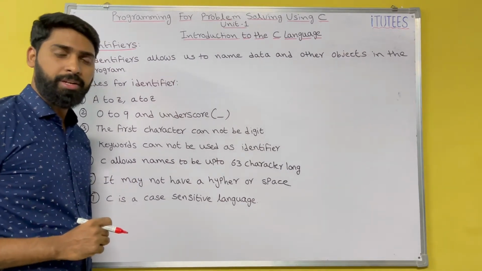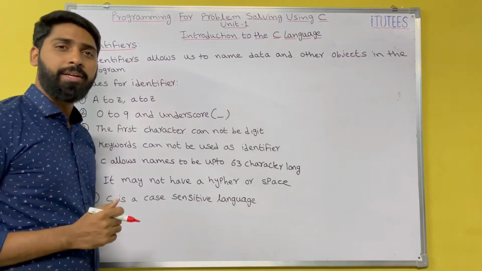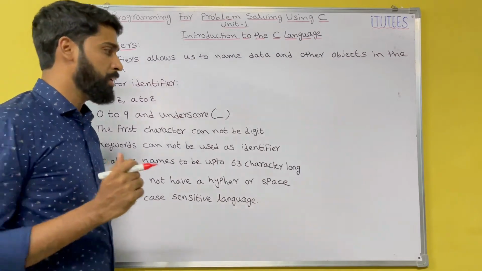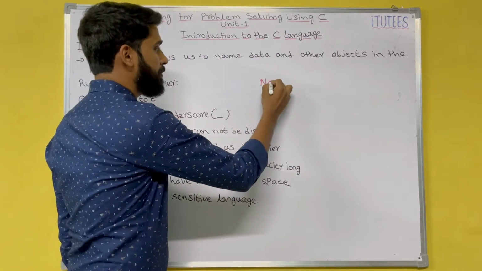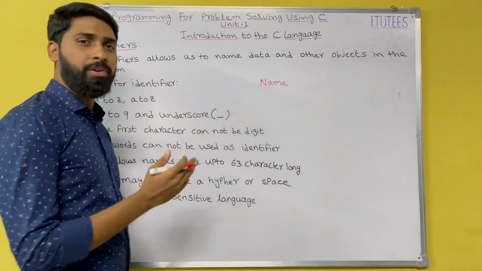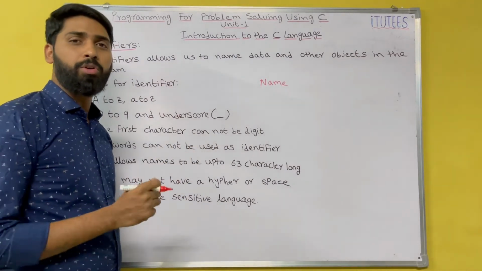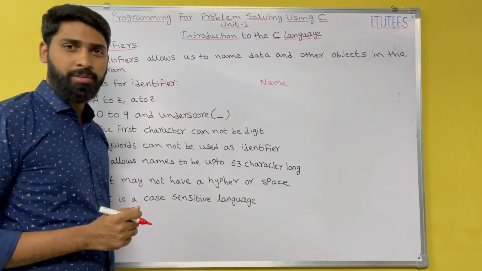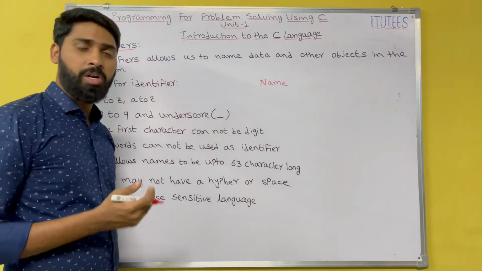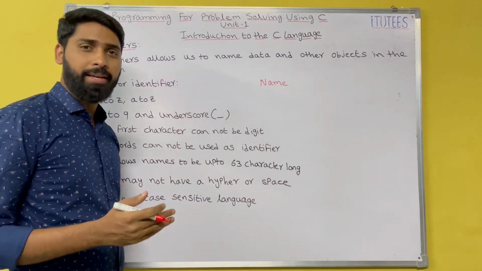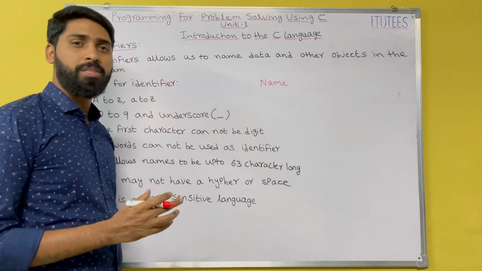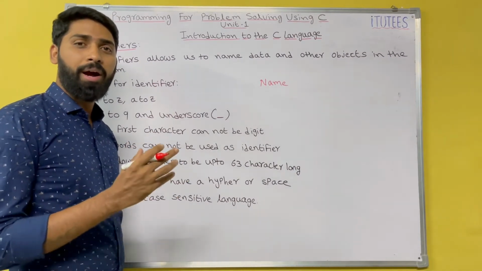So what is the identifier? How do you get identified in your classroom? You can be identified by your name. If your name is Ravi, then you are identified by your name Ravi. If they don't know your name, how can they identify you? They can identify you like this: first bench, second person, or second bench, third person. So the purpose of an identifier is that by using it, you are going to identify